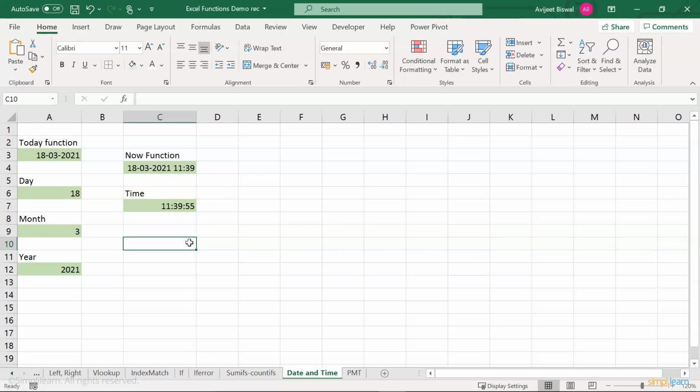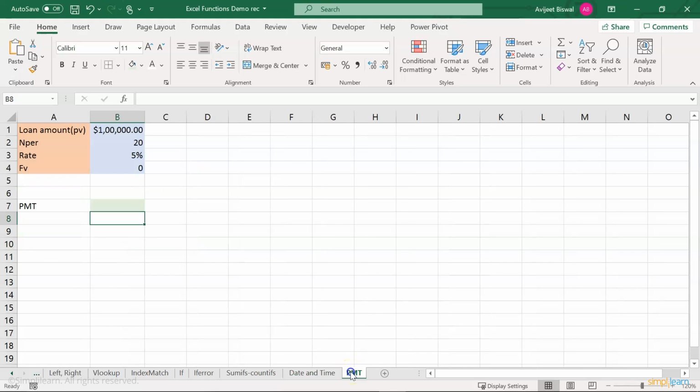Alright. So moving to our 10th function in the list, we have PMT. So the PMT function in Excel is a financial function that returns the periodic payment for a loan. The PMT function can be used to figure out the future payments for a loan, assuming constant payments and a constant interest rate. So the few parameters that the PMT function takes is the rate, which means the interest rate for the loan.